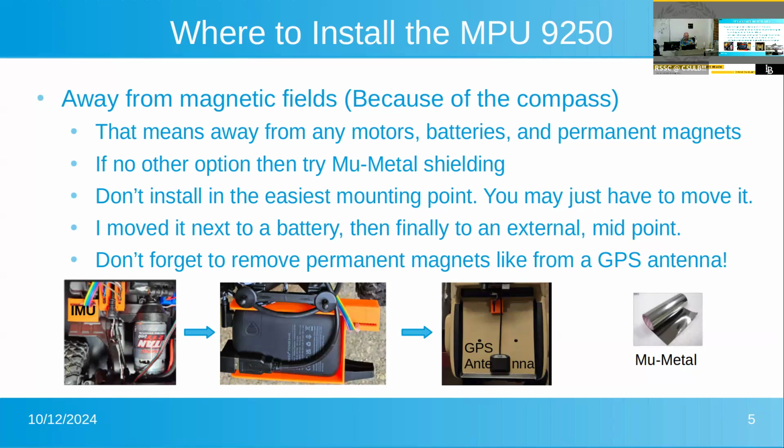And the first rule about installing IMUs is keep them away from magnetic fields, mainly because of the compass, which is trying to measure the magnetic field. So motors, batteries, and permanent magnets. And in my wonderful story, I made each of those mistakes in that order: motor, batteries, and the permanent magnet,